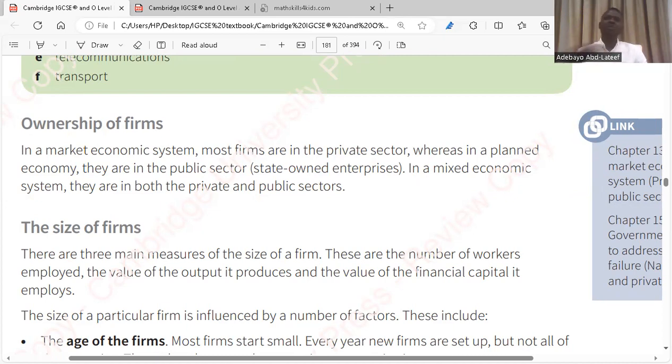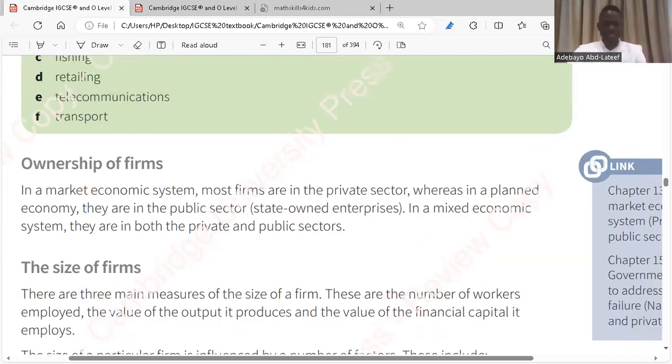To know the level at which a country has developed, you get to know through their strength in the stages of production. If the strength of a country is in the primary sector, then it is a developing or underdeveloped economy. If the strength is in the secondary sector, it's developing. And if it is in the tertiary sector, it is developed. So we have underdeveloped or poor countries in the primary sector, developing countries in the secondary sector, and developed countries in the tertiary sector. I think it's clear. Yes.